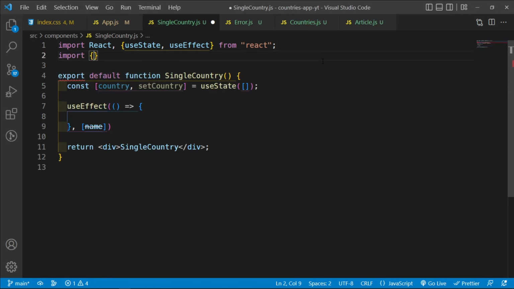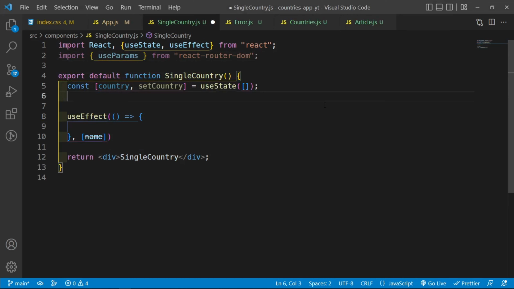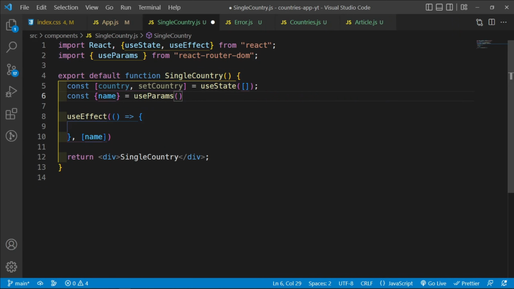So we're going to import useParams from React, and then we're going to initialize it. We're going to say const name, so destructure the name from useParams. What it's going to do is access the address bar and get this name, and then set it equal to the name that we have destructured inside here, such that now if